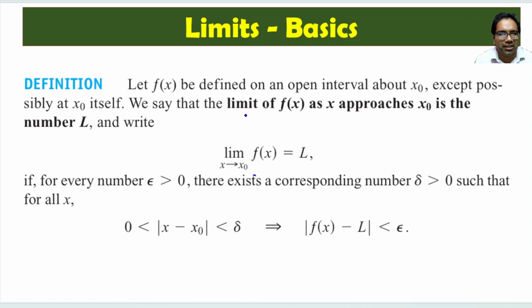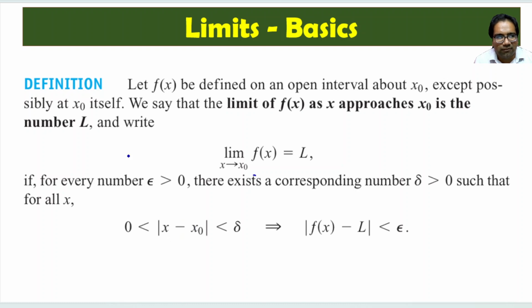We say the limit of f of x as x approaches x naught is the number L. Let's say there is some limit. We write it like this: if for every epsilon greater than 0. Epsilon can be 1, it can be 2, it can be 0.1, it can be 0.001, whatever. Whatever epsilon you take greater than 0, however small, however big, there exists a corresponding delta, which is again greater than 0, such that for all x,